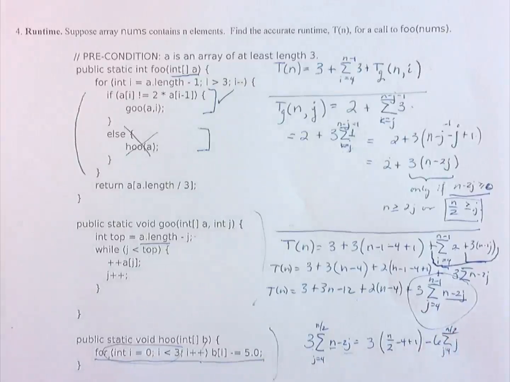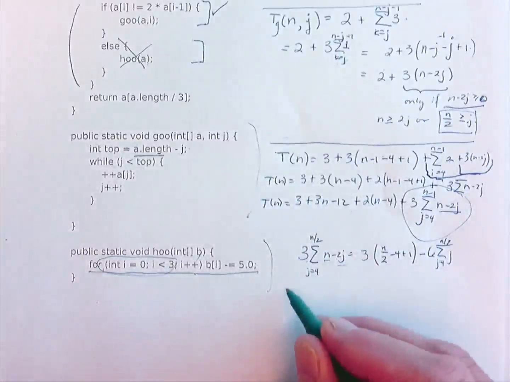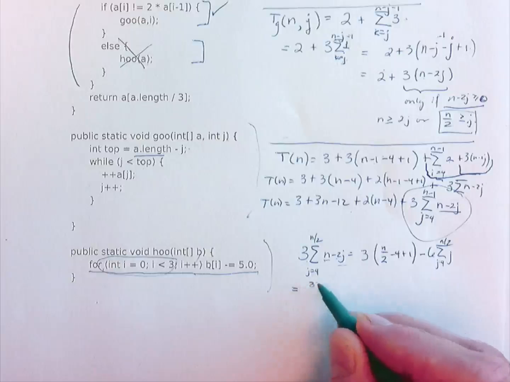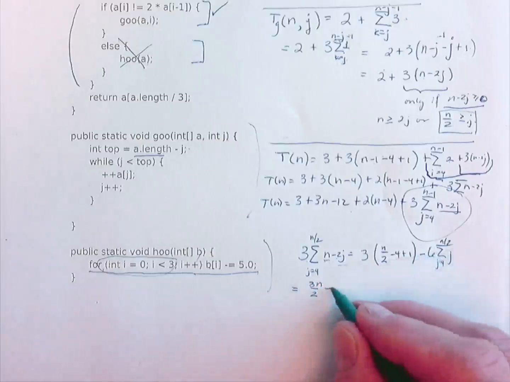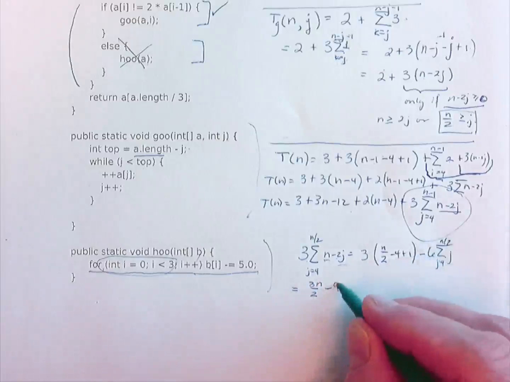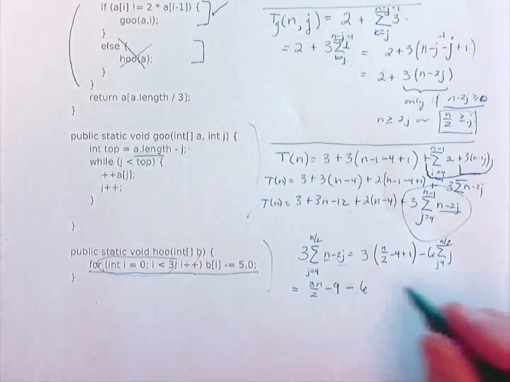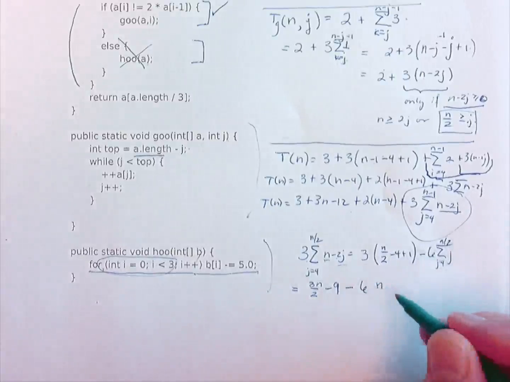Okay. And now it's really just a matter of continuing on with my algebra. I'll give myself a little bit more space. And over here then I get 3n over 2. That'd be a minus 3, which would turn into a minus 9, sorry. And here, minus 6, and this kind of complex expression, using the Gauss rule again, I would get n over 2